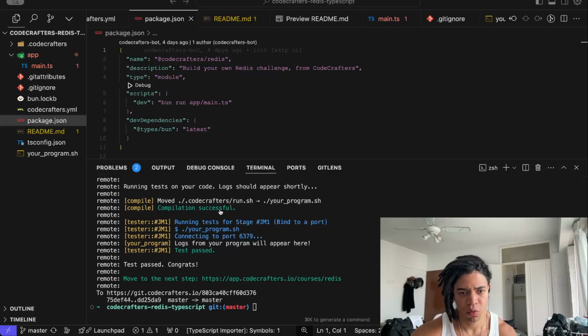Since Bun 1.1, the runtime supports Windows 10 and later along with Linux and macOS. It also introduces a cross-platform Bun shell for running some bash commands. The word bash is interesting to me